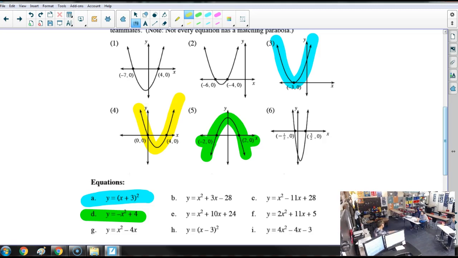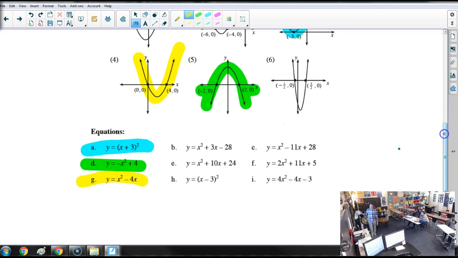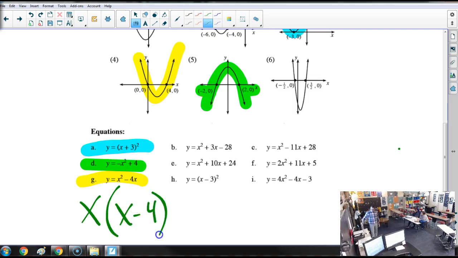So you had a question mark on yours. Do you want Liang to explain it? Liang, go ahead, explain to us why it's G. It would be G because there's no C value and its y-intercept is 0, so you would have no y-intercept. Smart child. The y-intercept is 0. Also, this is x times x minus 4. The x is a common factor because this is x plus 0 or x minus 0, right? That 0 is just an x on the outside. Does that make sense? Okay, we can keep moving.